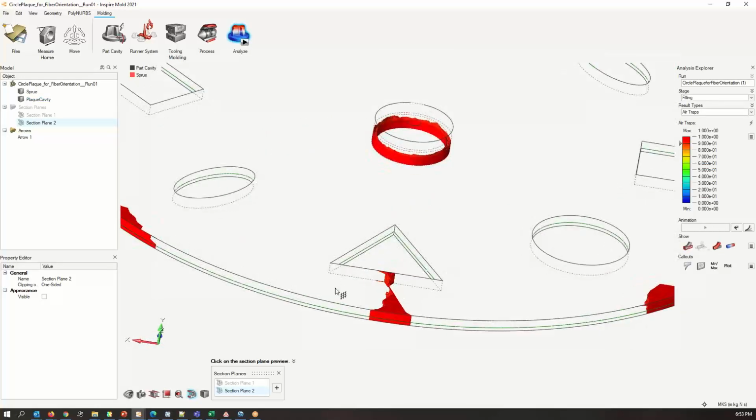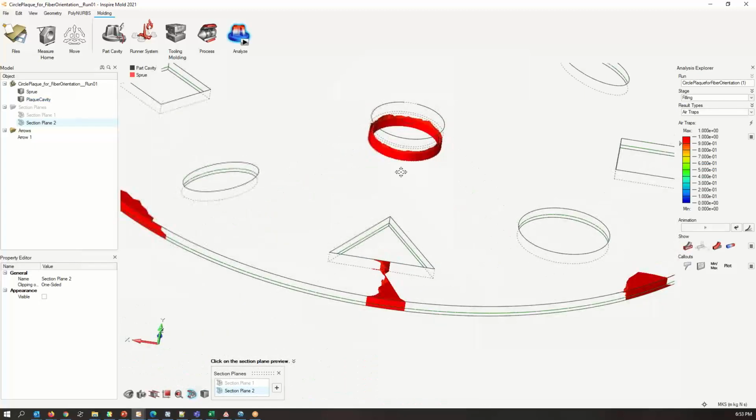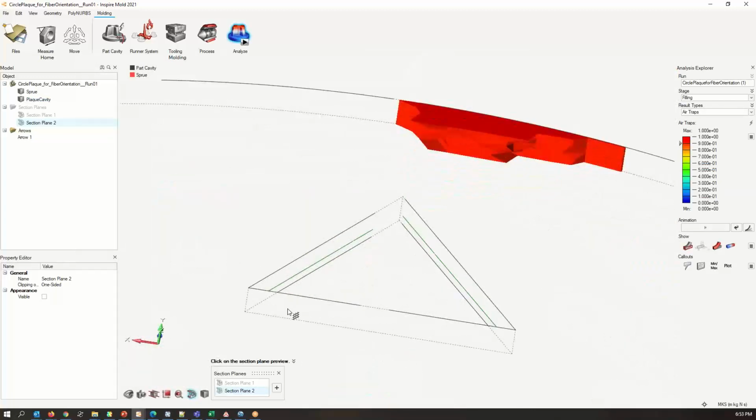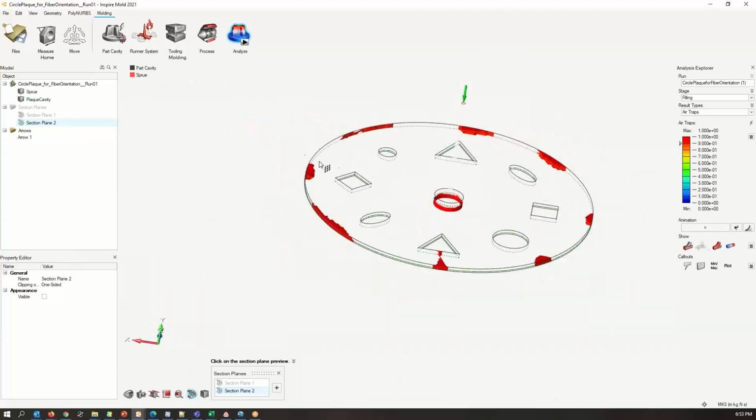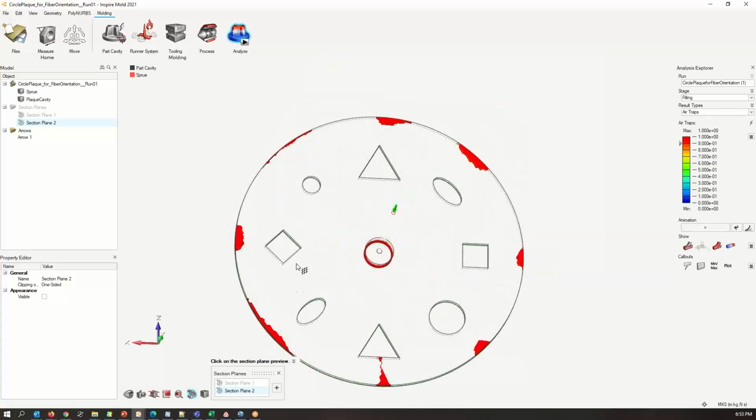the other side of this, because these flow fronts are going to hit in such a way. I'm not just going to have an air trap out here. I'm going to have an air trap right up against this thing. But if I go to the other side, not so much. I hit this flat edge, and my knit line is going to come together real nice because they're kind of being led to each other, but I still have my air trap out at the end of the cavity. So these are places where I would want to put vents, and it's giving me clues and ideas about how this thing works,